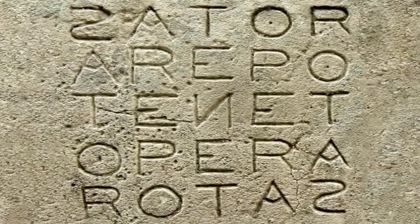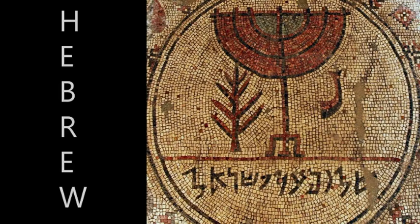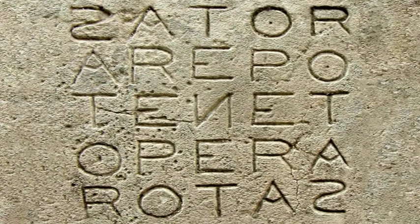Each of the 3 languages, Hebrew, Greek, and Latin, with their alphabets, can be used to interpret this SATOR square. So let's begin with the Hebrew-Aramaic interpretation. And of course, that would have appealed to the Jewish War Office Roman soldiers. They would have been very interested in this and would have been responsible for putting the SATOR square up in